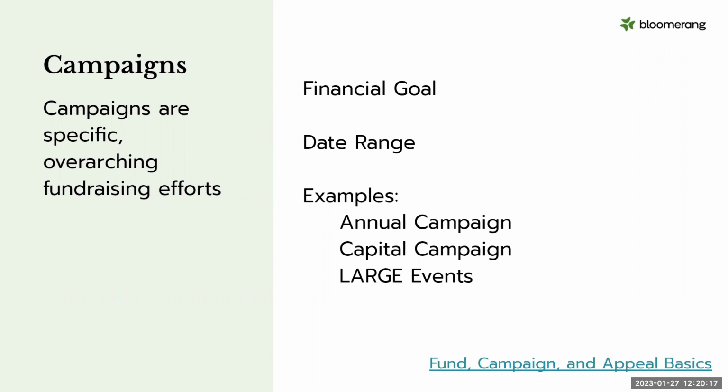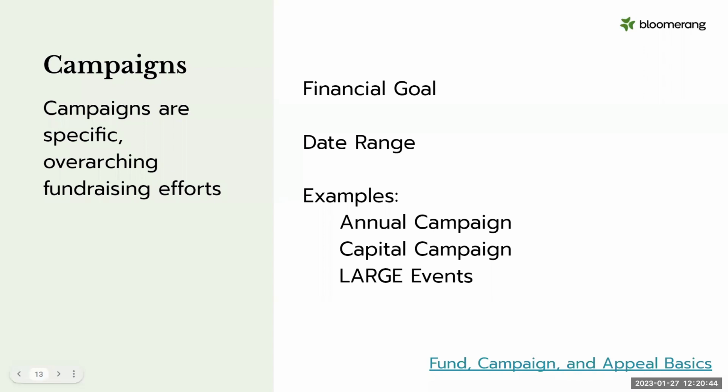It's basically that minimum amount of money that you need to keep things going. If your organization is purchasing assets like buildings, furniture, technology, you'll likely put that under a capital campaign. And then finally, you would have campaigns for your large events with a lot of moving parts and clear goals. This could be galas, golf tournaments, 5Ks, or other runs. Those can absolutely necessitate a separate campaign depending on how big they are.